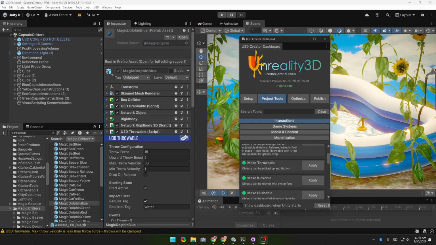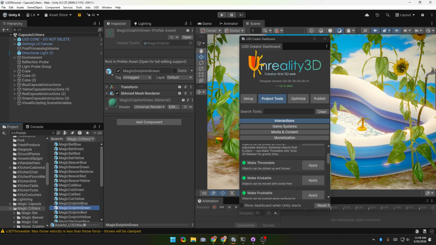But I was in the middle of this process and thought I should really just take a little screen capture video to show you my process. Right now I am going through all of the capsule critter prefabs, and as you can see here I have the Magic Dolphin Blue selected in the project, but now I'm going to go to Magic Dolphin Green, and it doesn't have the throwable components on it, and so